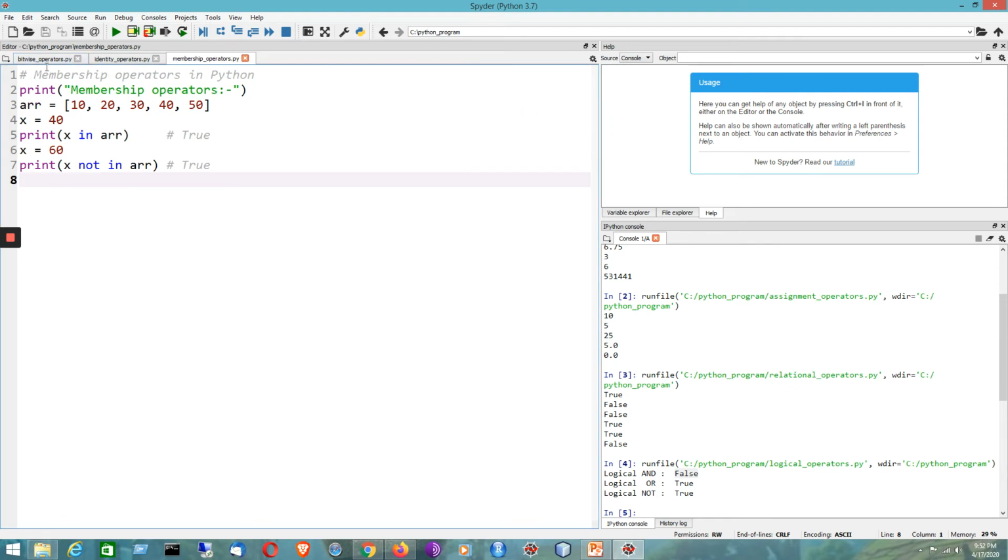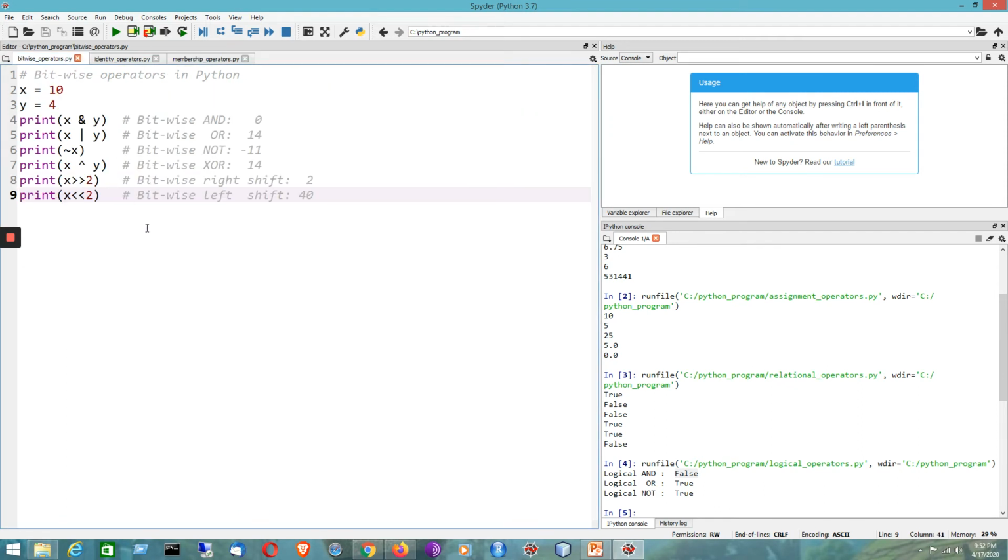Then come bitwise operators. I can perform here bitwise and, or, not, and XOR. For not, bitwise right shift and bitwise left shift, I will be taking a single operand; otherwise I will be using two operands.